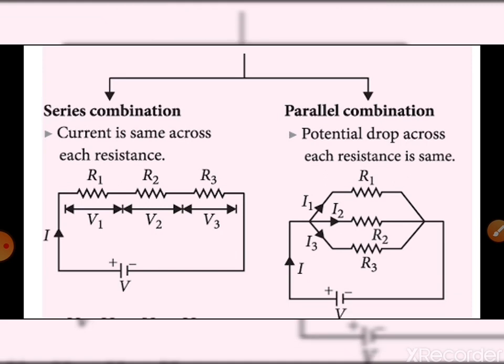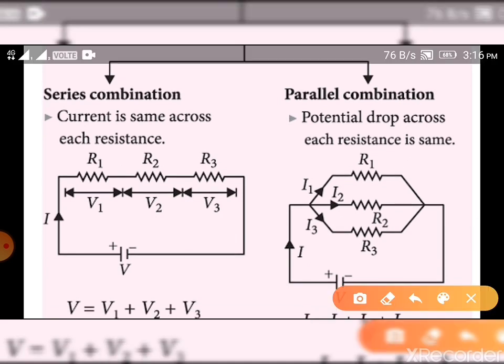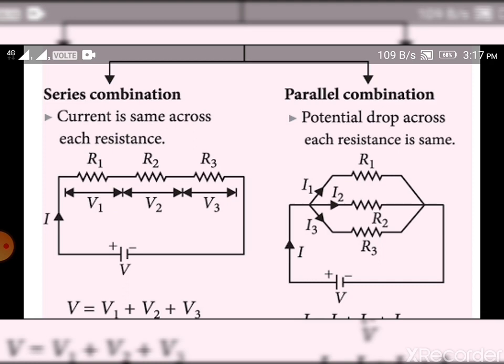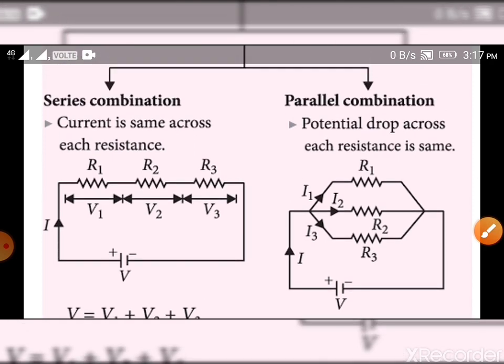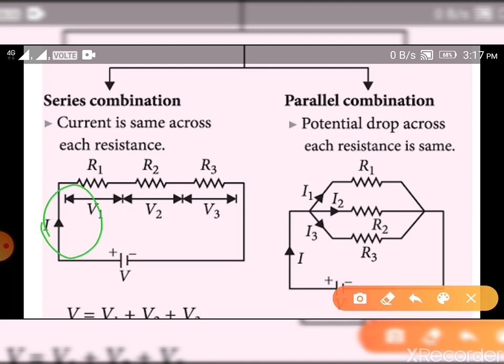The first is the series connection, where the resistors are connected in series like this. Here three resistors are connected and it forms only one loop, one closed path. The current is allowed to flow through only one path, but three resistors are there. So this is a series connection of resistors. According to Ohm's law, V is equal to IR. The total current flowing in the circuit is I, and the voltage applied is V.